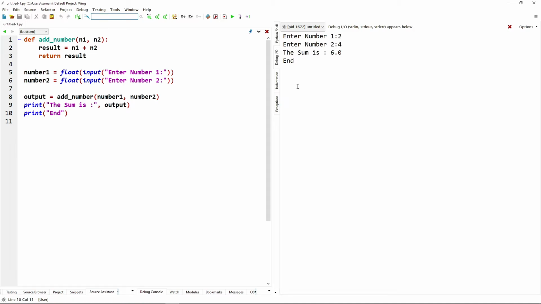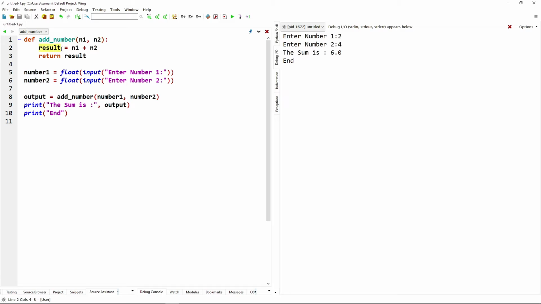What is happening here? At first, number1, that variable, is taking the value from the user. Number2, that variable, is taking the number from the user. Then the add_number function is called. Number1 as argument is passing to the parameter n1. Number2 as the second argument is passing to the parameter n2.